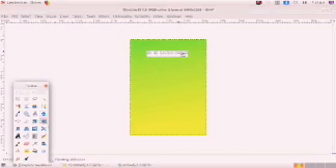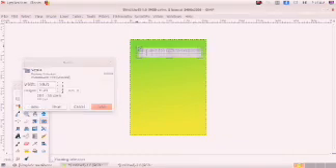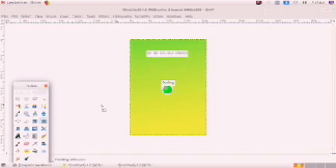Use the scale tool, then click and drag. Then in that window the scale option is there, click on the scale. Now it's in suitable size. Okay, then here the caption is ready.